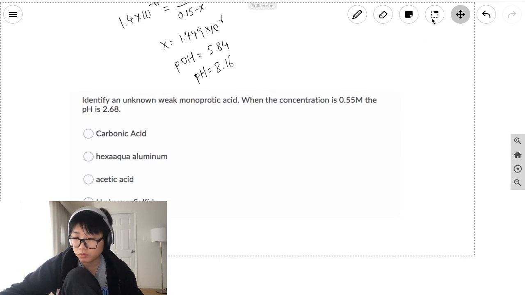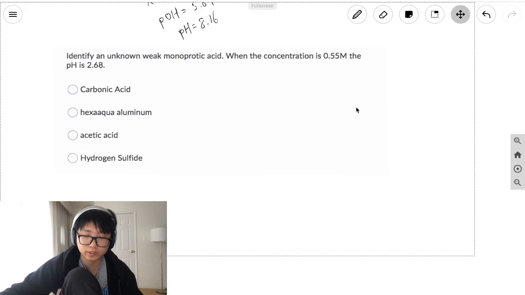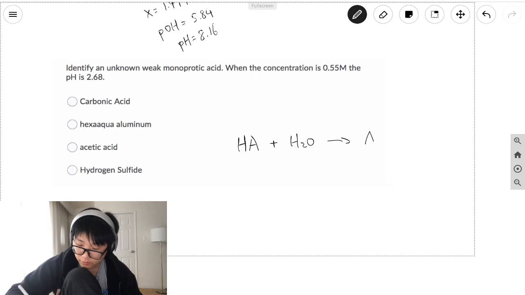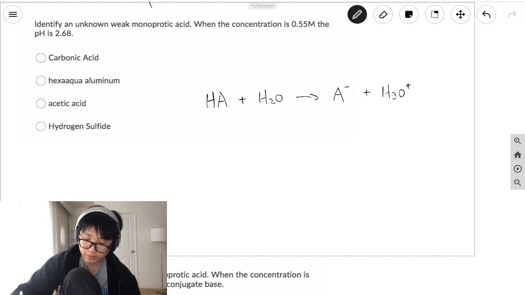Yeah, but really, I think what they want you to do is find out what the Ka is, right? Because if you can find out what the Ka is, then you can just consult the table to see who has the Ka of this. So I would begin by drawing in the equation. So you have some kind of HA, a generic acid. You're gonna react it with H2O, giving you A minus and H3O plus. You can build an ice table, but really the important thing is when the concentration is